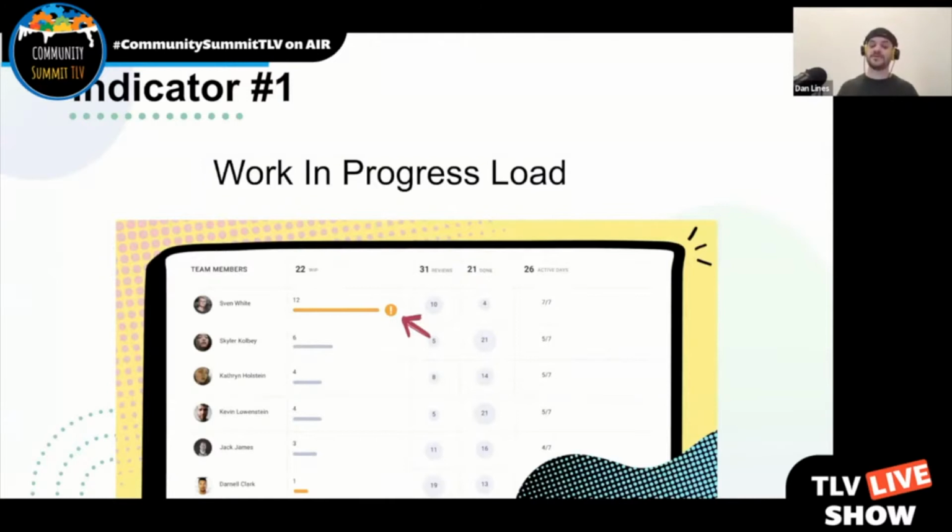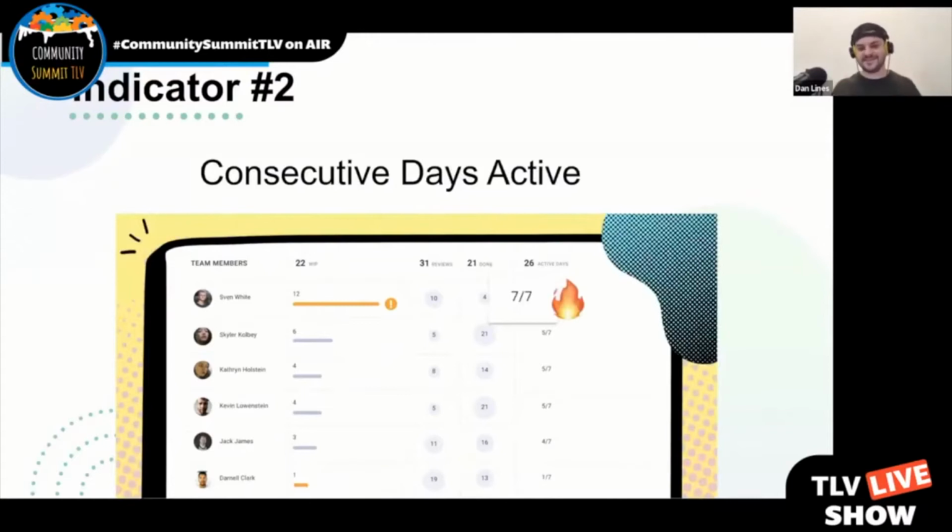Or you can also track this from an issue perspective, like how many stories or bugs are being worked on by each person in parallel. If you're in a situation where you see that one of your developers has 12 branches that are being worked on in parallel, it's a good chance for you to go in and redistribute that work to other members of the team. The second indicator that's very important to track, especially in